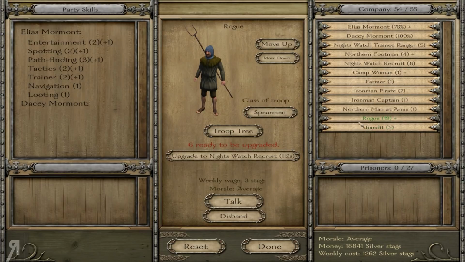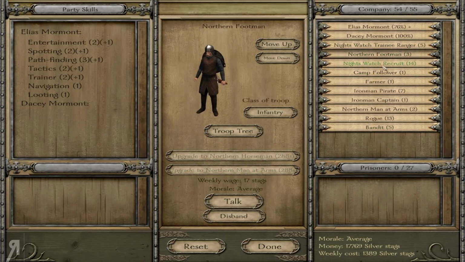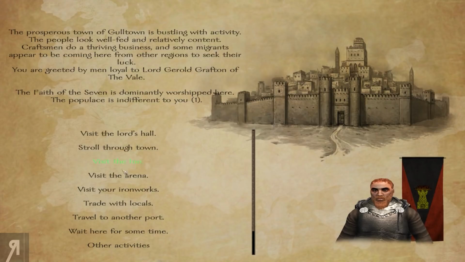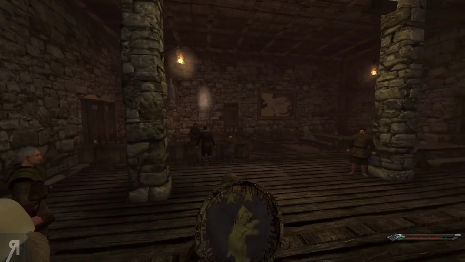There we go. And, ooh, yeah, nice. Gain some good level ups right there. Let's get some man-at-arms. We only have 2 of these, but I can assume... Oh my, look at that. The next level is 1,300 silver stags. Crazy. Absolutely crazy. Alright, so we have 1 space now, so we should be able to go over here and